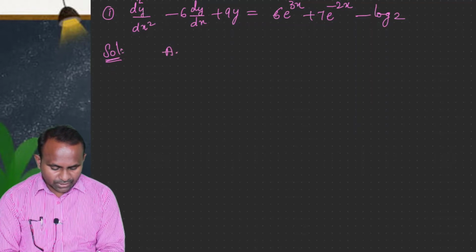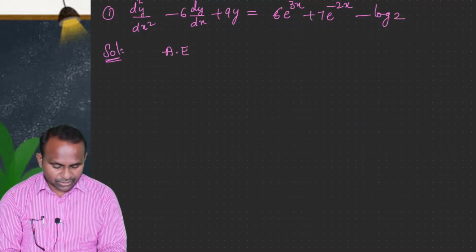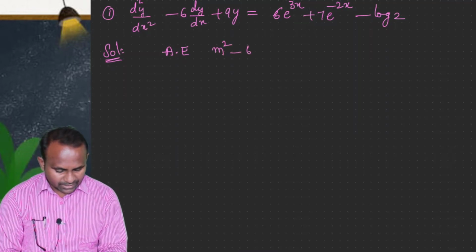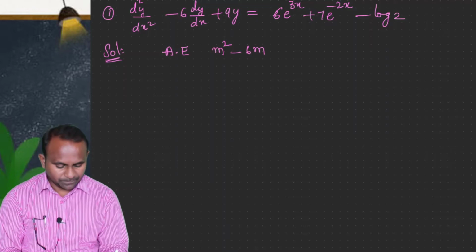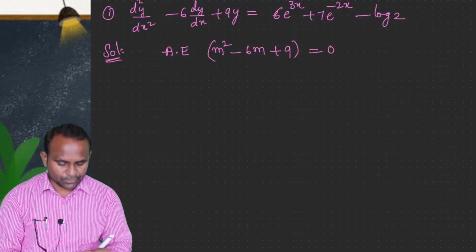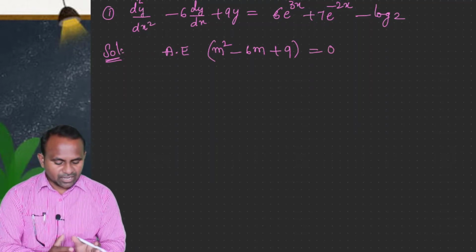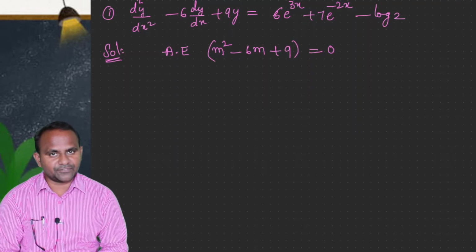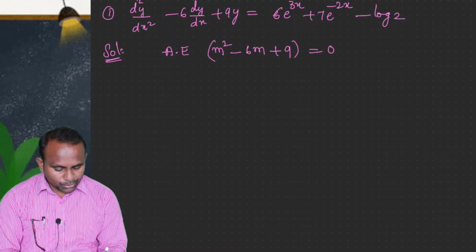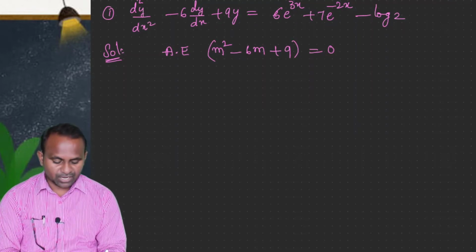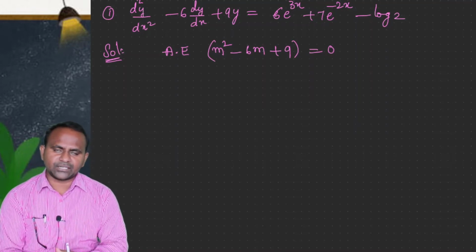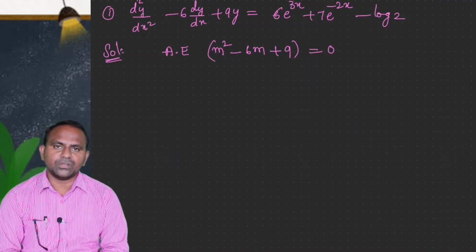Now let me start with the auxiliary equation. It's a simple algebraic equation: just by looking at the differential equation, the second derivative is replaced with m square, and 6 times the first derivative is replaced with 6m, plus 9, and it is equal to 0. This is the algebraic equation corresponding to your f of d. f of d is the polynomial, whereas d stands for differentiation. And you need to find the roots, because you must find the solution, meaning the complementary function as well as the particular integral. You need to add those two to get the general solution.